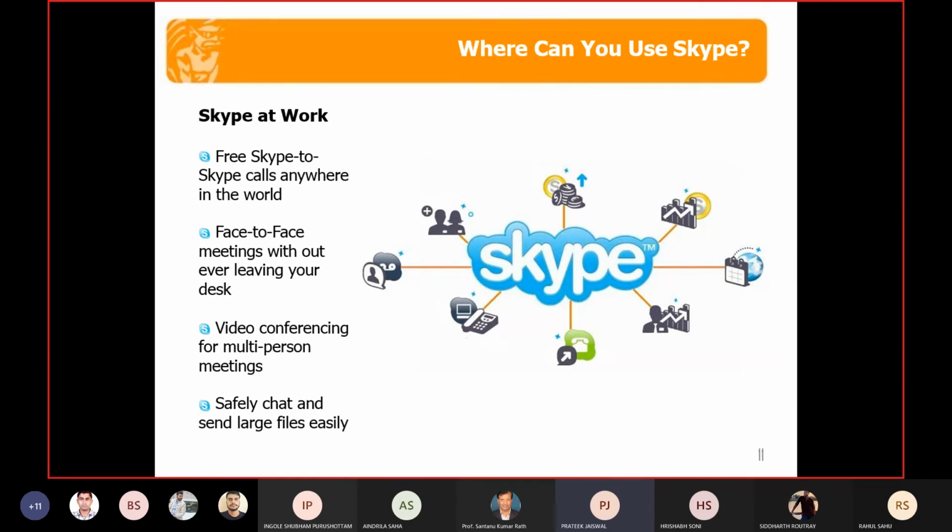At that time when Skype came, it was very useful. Then face to face meetings without ever leaving your desk, the same as the video conferencing we do nowadays for our colleagues. Safely chat and send large files easily. That's a very useful feature for sending files.